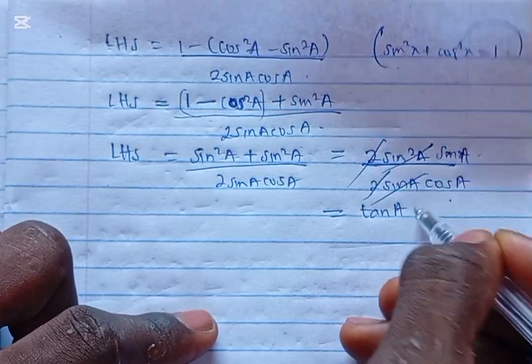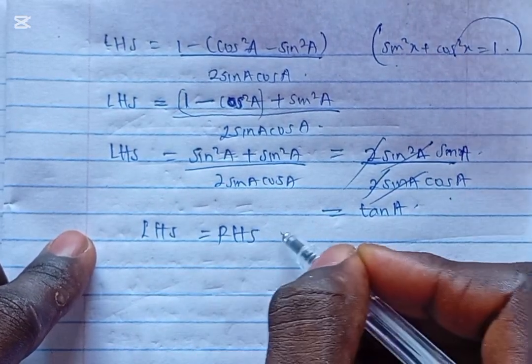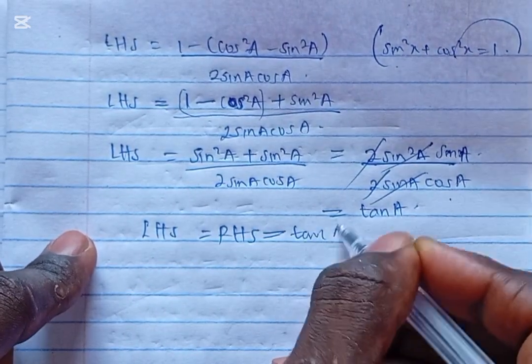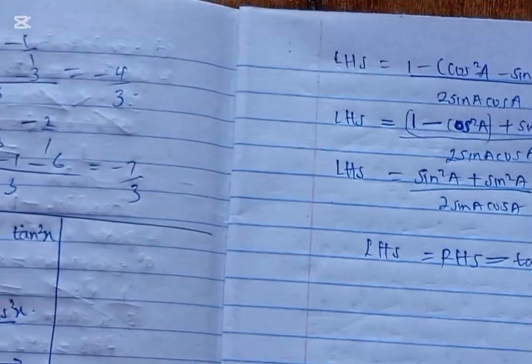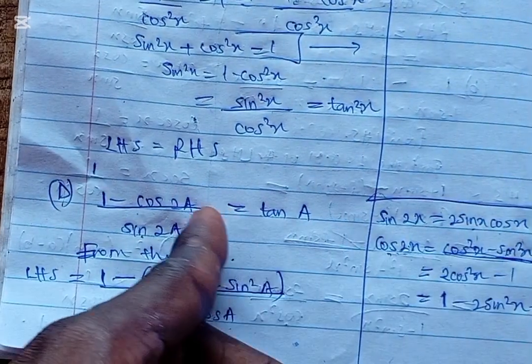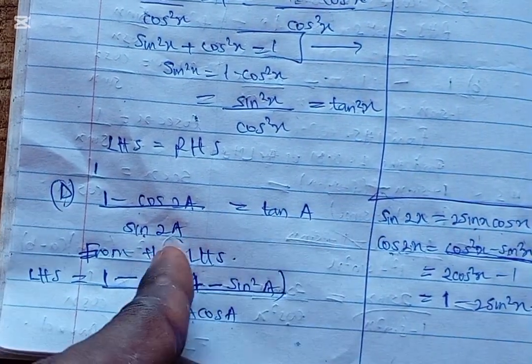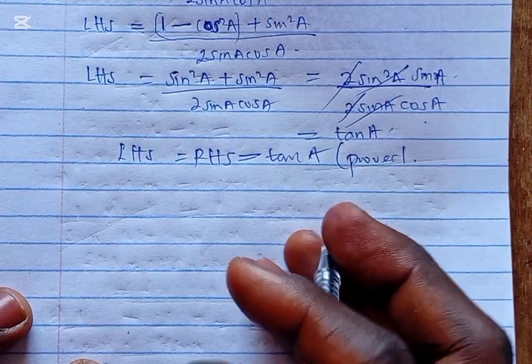Tan A. So I can say that the left hand side is equal to the right hand side if you go and check, which is equal to tan A. Therefore, it is proved. Because if you go and check the question back, you will see that 1 minus cos 2 is equal to this, divided by this will give us tan A. And that's what we get. Do you understand? So let's move on to the